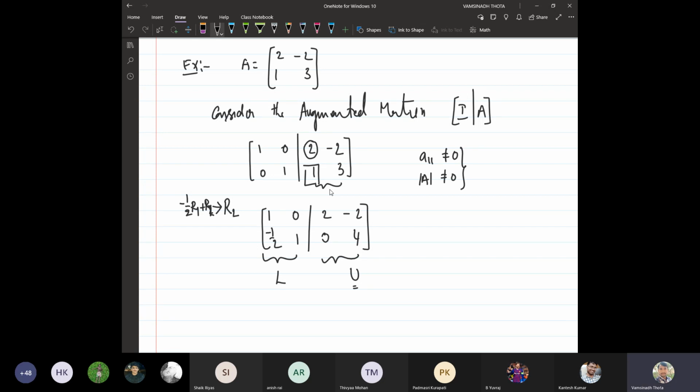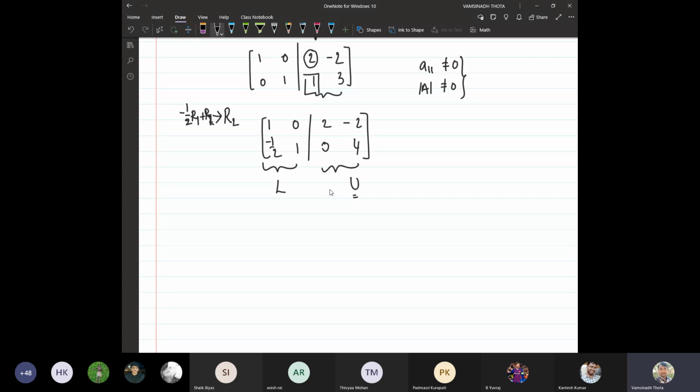But here what do we need to get? We should get 1 here. Not only that, minus 1 by 2 times minus 2. So what will it be? The 2 will get cancelled, plus 1 we will get, and 1 plus 4 is 5. But here 3 should come. Okay, but this is actually the P according to the notation.